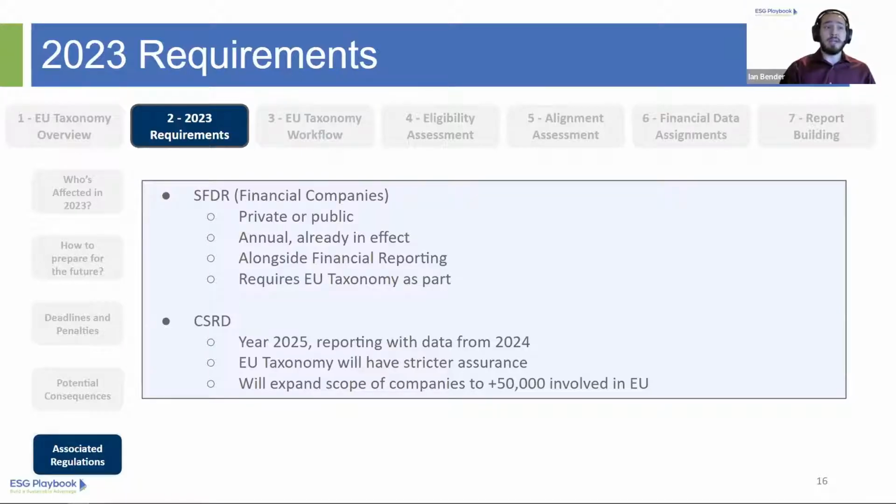So SFDR is an annual report, which is currently already in effect, and this is for private or public financial companies, regardless of the size. And as for the CSRD, which is not yet in effect, and will come into play for the year of 2025, again, where you report on the data from 2024, following its requirements, the EU taxonomy will become much more rigid in its assurance. CSRD will also include more companies by expanding the scope to at least 50,000 companies involved